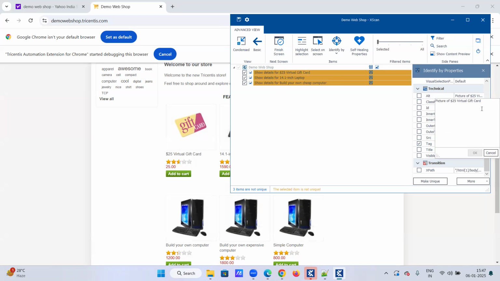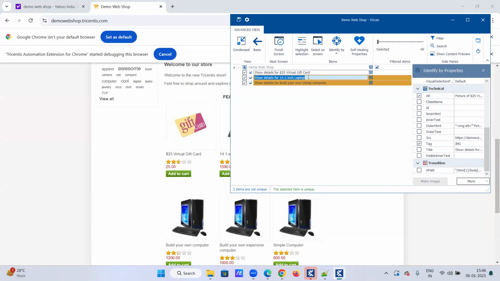So you can see the value, picture of $25 virtual gift card. So you are trying to say to Tosca, this is an image which is restricted or confined to this picture of $25. So if I click this, it will become unique. You can see. I'm going to check this box, right? I'm going to second control, check this box. Third control, check this box. It will become unique. Now you don't have any class name, no need to select any ID in the text,